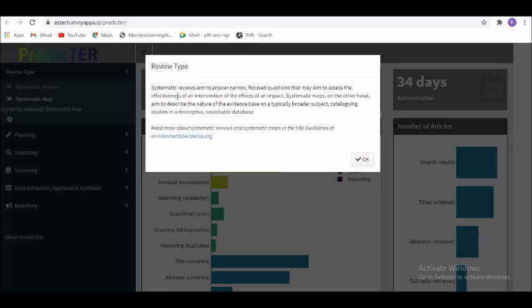In a systematic review, you are narrowing down your research questions and then proceeding further to understand the effectiveness, whereas in the systematic map there is no such narrowing down. You are simply describing how you have come up to understand that particular intervention or the evidence study also. So this is the difference, and they have given more